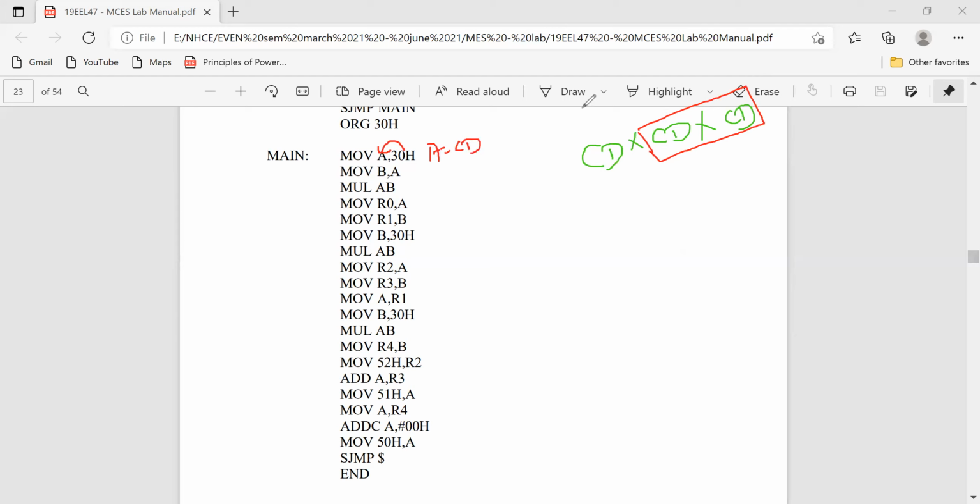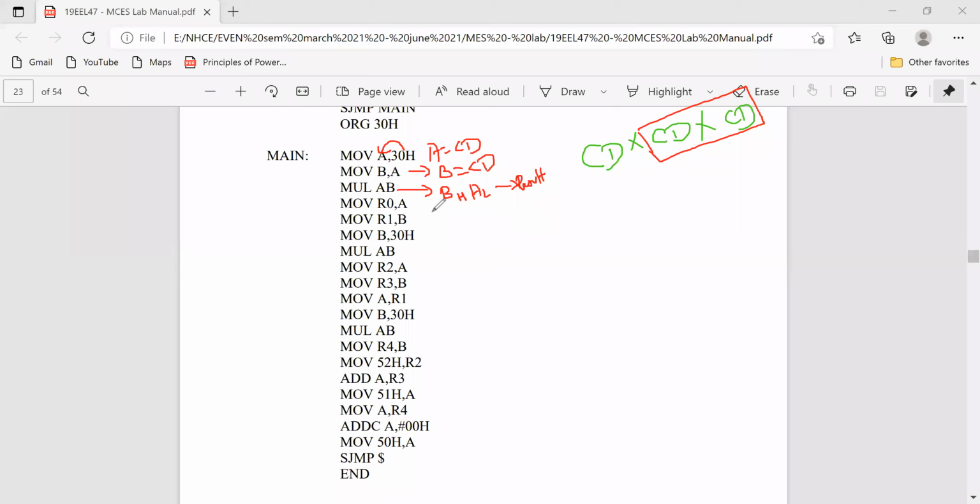I'm moving CD into the accumulator, and also into the B register. Now the A and B registers have CD. I'm going to multiply now. The accumulator low will be holding the lower 8 bits, and the B register will be holding the higher byte of the result after multiplication.